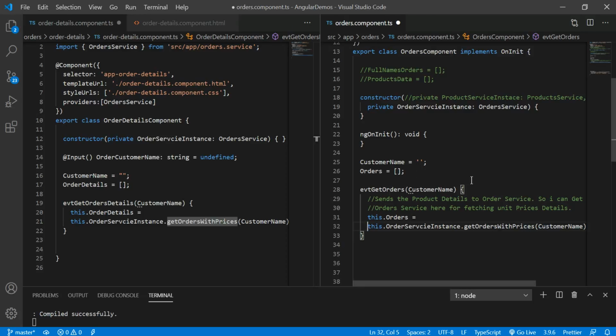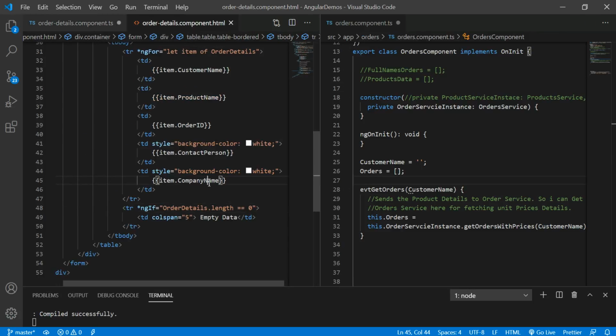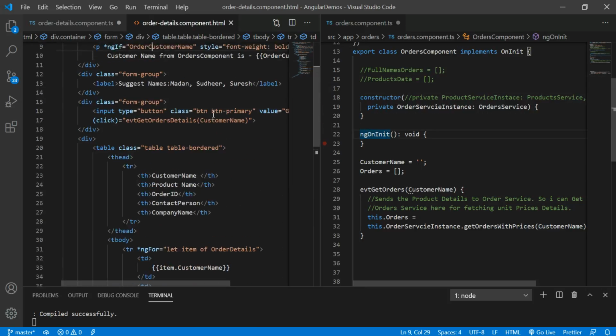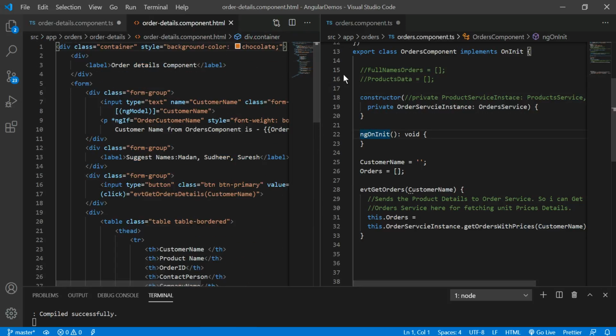The only difference is that in the order details component, these two column parameters, contact person and company name, are different. That's it, everything is the same.